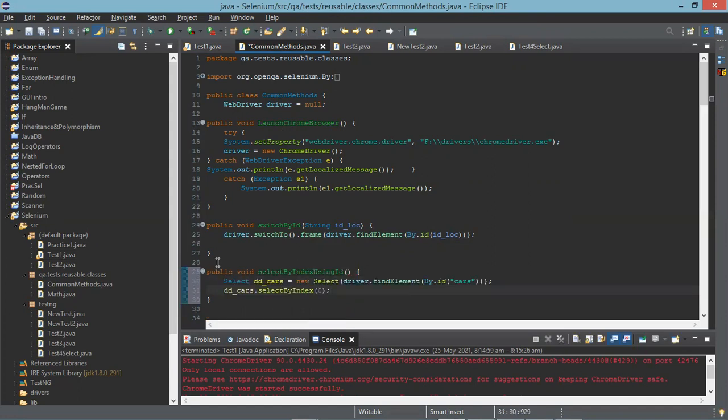Right, now in this, what are all the things that keep changing? Your index and cars, and car index value, zero, right? These two things you should give as the arguments for the method. Remove them and say ID locator, LOC, right?